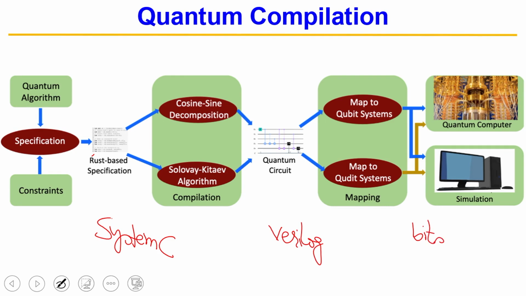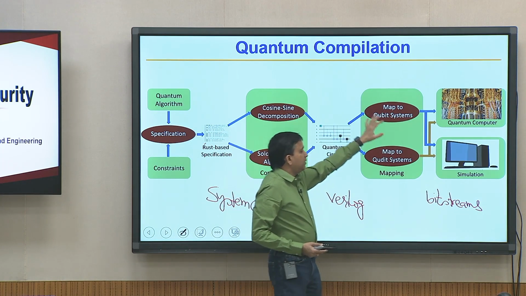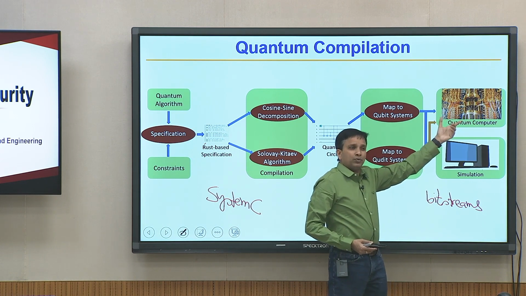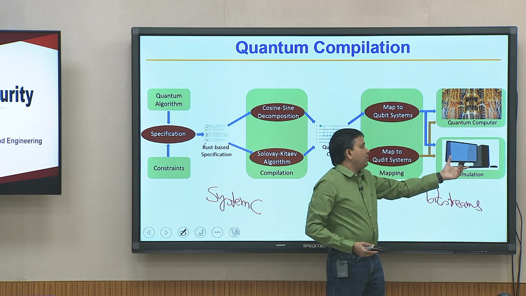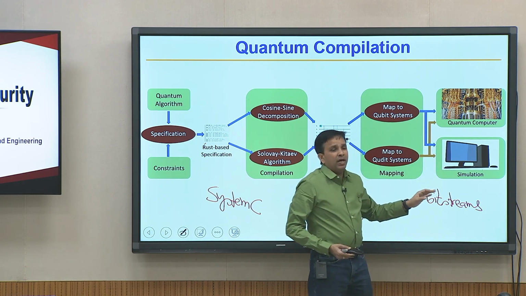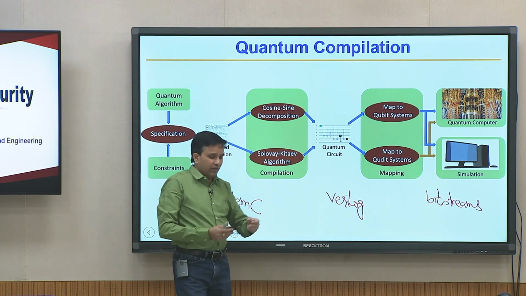If you recall, we are generating a bunch of zeros and ones and feeding it to the FPGA, that would be the closest analogy. What is happening? You have the specification of the algorithm, then you have the quantum circuit, then that circuit, now remember we are using the quantum computer through cloud, or you can use it directly on the Qiskit simulator, whichever it is, they take the exact same input, and those are electrical pulses.